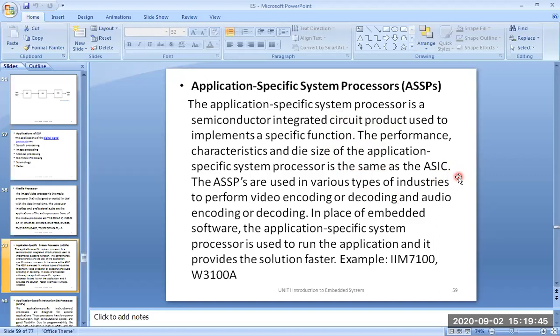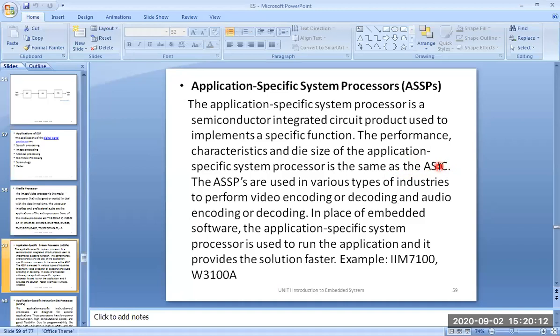One, by using a general purpose processor, and you have to write the algorithm for the Fourier transform. If you want to execute the Fourier transform operation in a general purpose processor, you have to write a program for it.